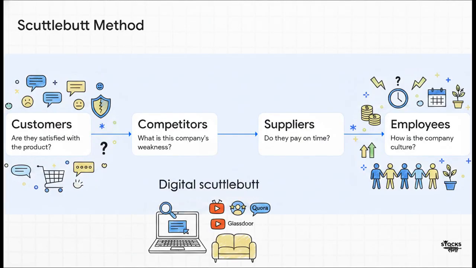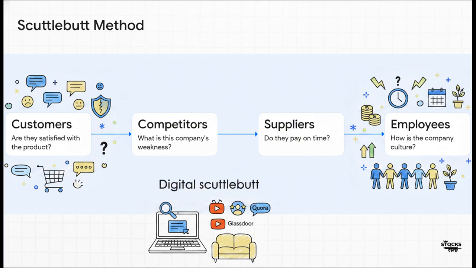Step 1, talk to customers. Are they actually satisfied with the product, or are they actively looking for alternatives? Step 2, ask competitors. What do they honestly think is this company's biggest weakness? Step 3, ask suppliers. Does this company actually pay their bills on time, or are they constantly squeezing their vendors? Step 4, talk to the employees. Is the culture toxic, or is it thriving? Because if management is cutting corners, believe me, the employees know it long before it ever hits a quarterly earnings